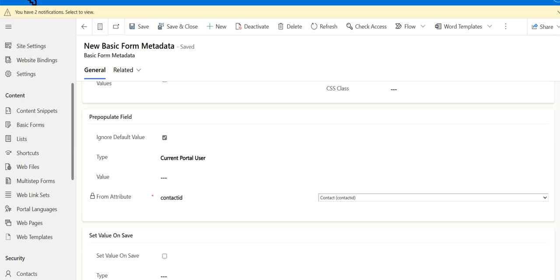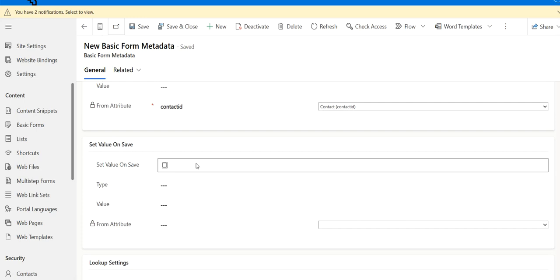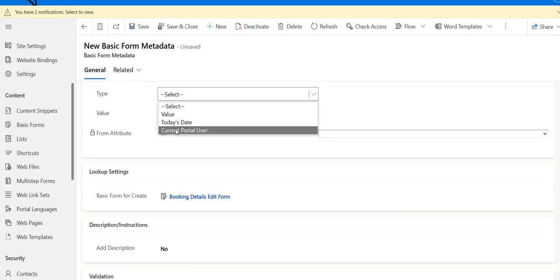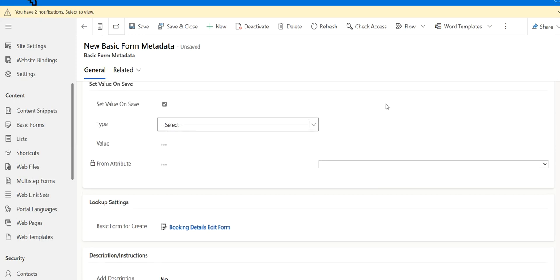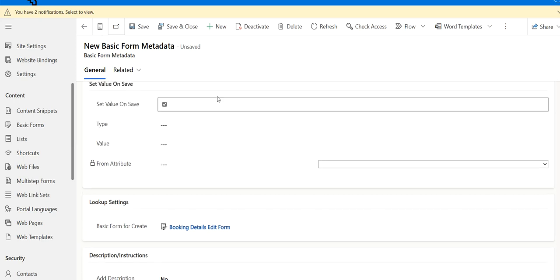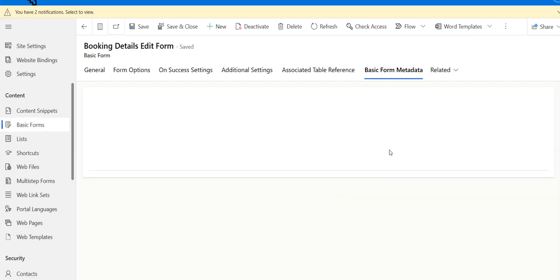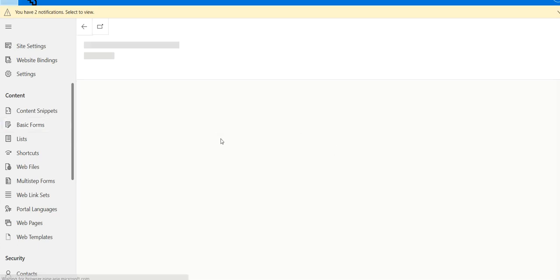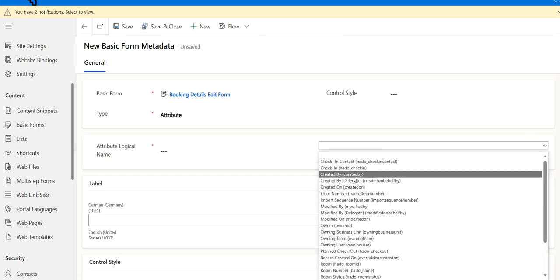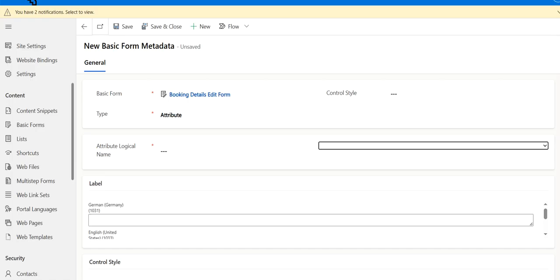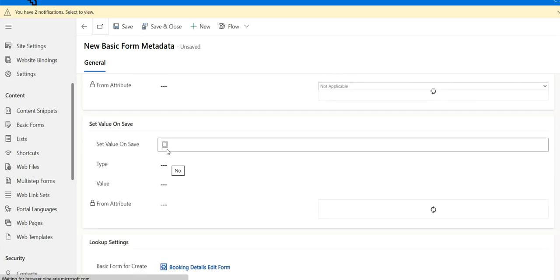In the same way, on form save we can show some data. When I click on this, I need to show some data in one of the fields, the same field. So I will go and create one more metadata. In that I'm selecting attribute again. We'll see room number, we'll take room number as the field,